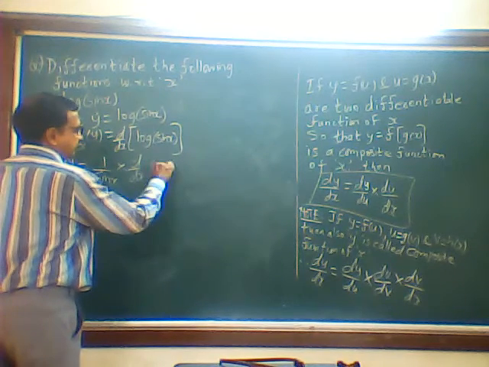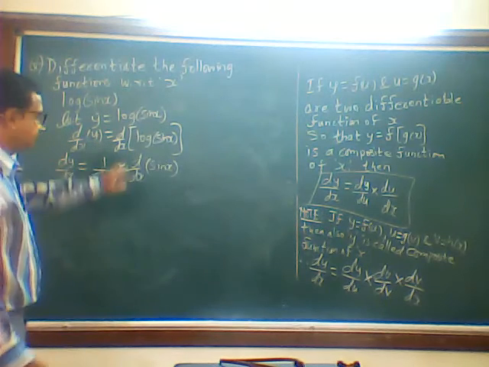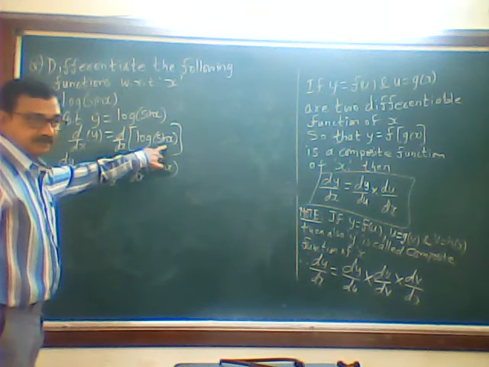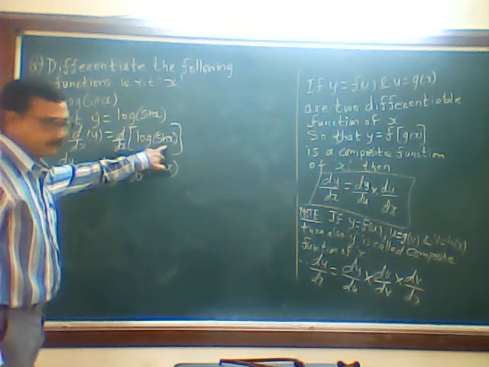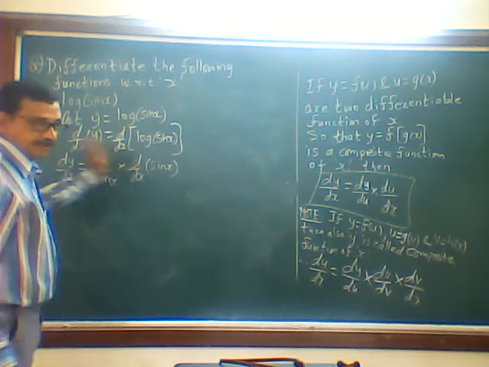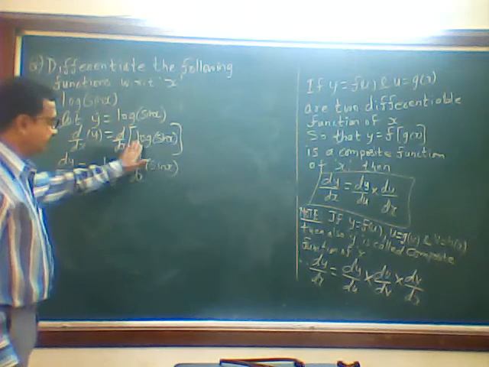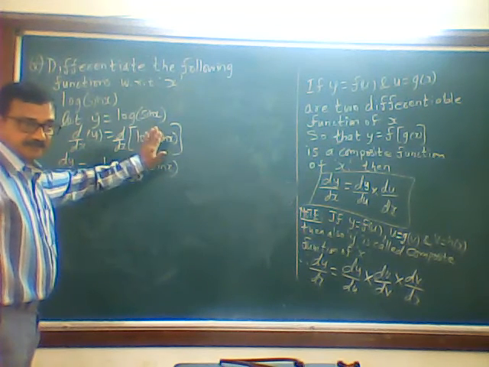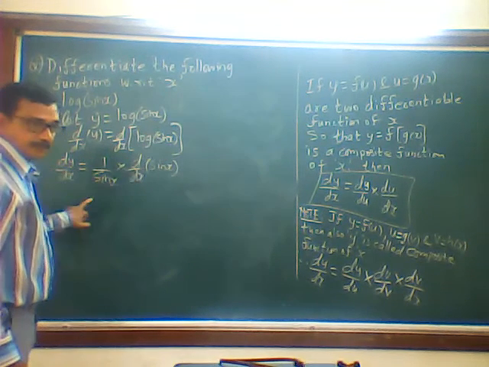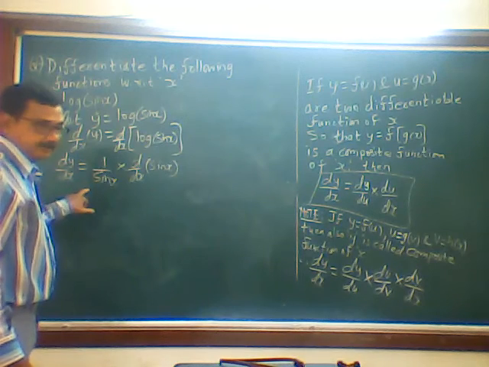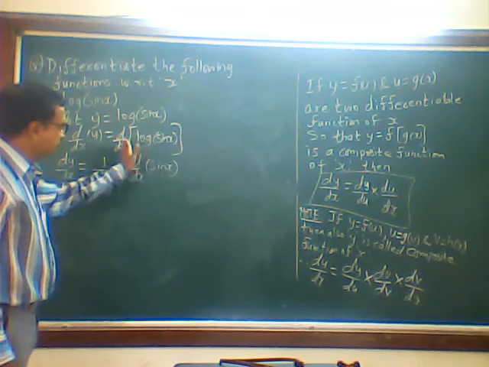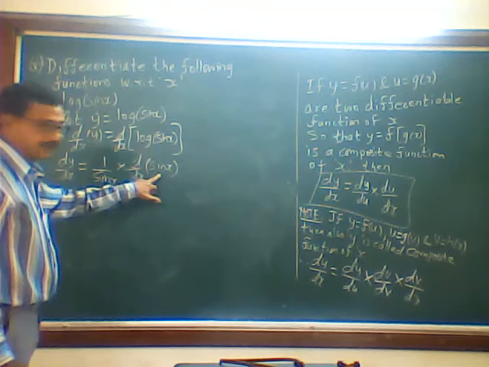So this is called a function of function. There are two functions involved here. First one is the log function, then the trigonometric, that is the sin x function. So first we apply d by dx on both the sides, d by dx of log sin x. For the time being, this sin x, we think it is x. d by dx of log x is what? 1 upon x. But while writing, what is given here, that you have to write. It is given sin x, that's why 1 upon sin x. So now log differentiation is over. You move inside, d by dx of sin x.